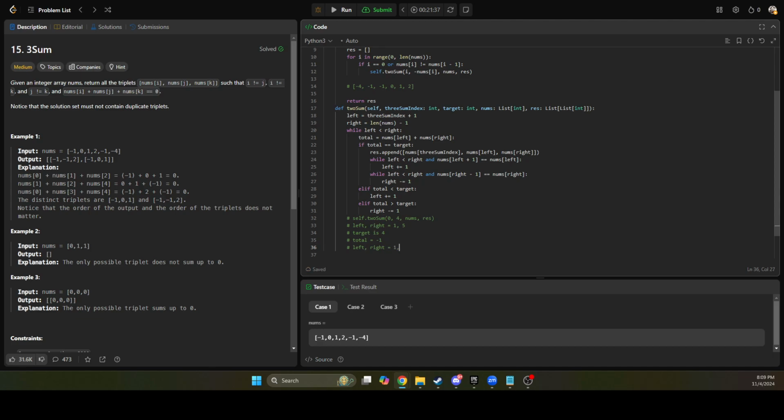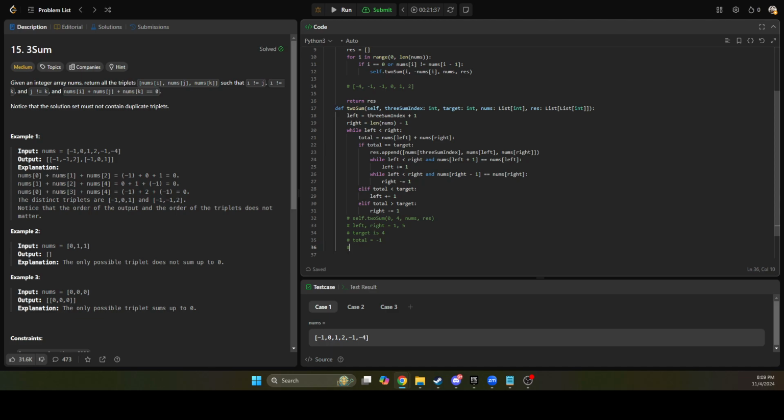Well, 1 and 2, that's equal to 3, still not equal to 4, in which case we're now out of the bounds. So left and right are going to be, this is a little confusing, but essentially 4 and 5. So we have reached the end of this, and that means we're going to have to increment the next one